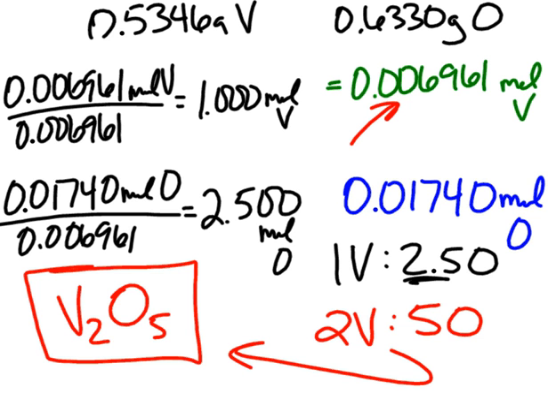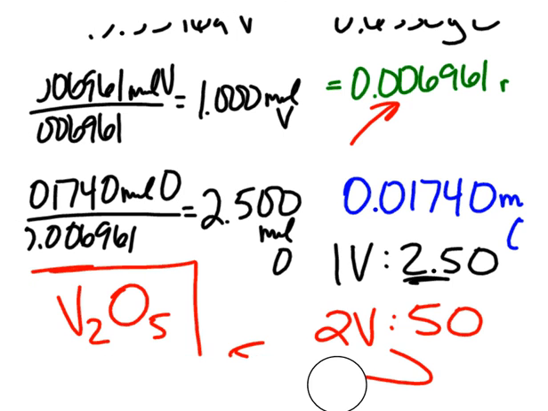Another way you'll see different types of problems, but you're going to solve for empirical formula, is if you have percentages of each element. So if you have the percent composition of each element within a compound, we can still determine the empirical formula. For example, I have 50.8% cobalt, and I have